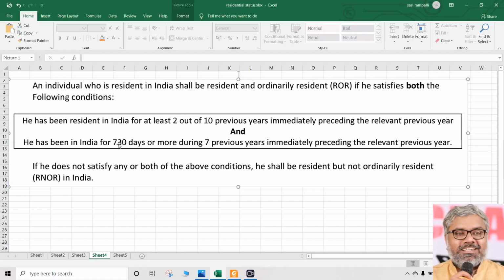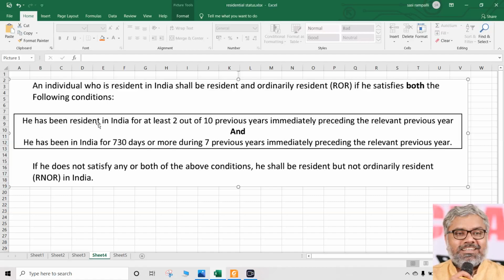Staying means it is the number of days of stay. Residence means that is the residential status of that person. So here the number of days of stay is not directly calculated. Residential status of that person is calculated, and after we calculate, it turns out that that person is a resident. Resident only. Whether he was RNO or RO, again here we don't need, because the law never asked us to do so. Law only asked whether this person is resident or not. If he is a resident, enough.